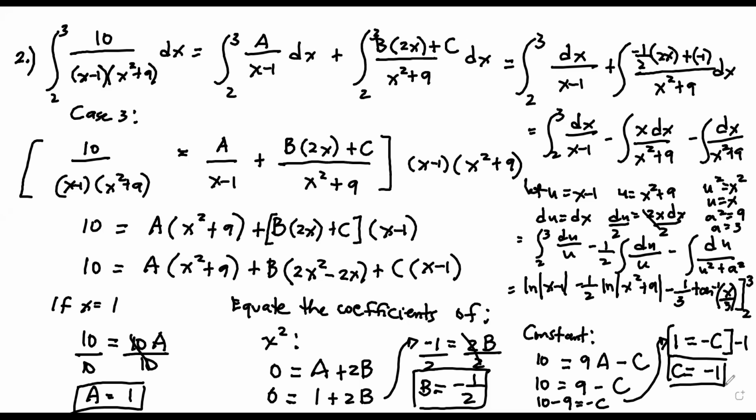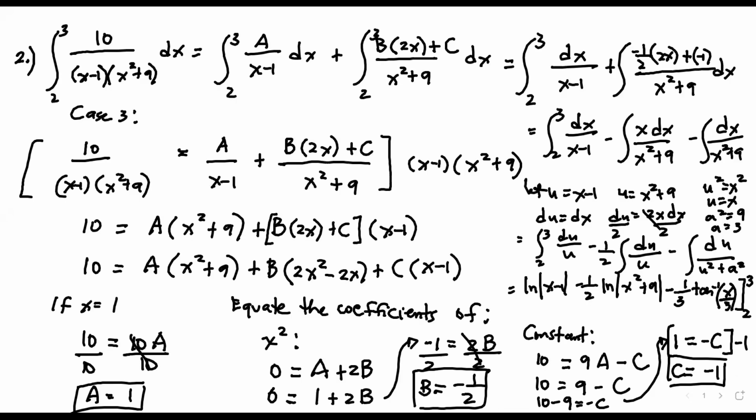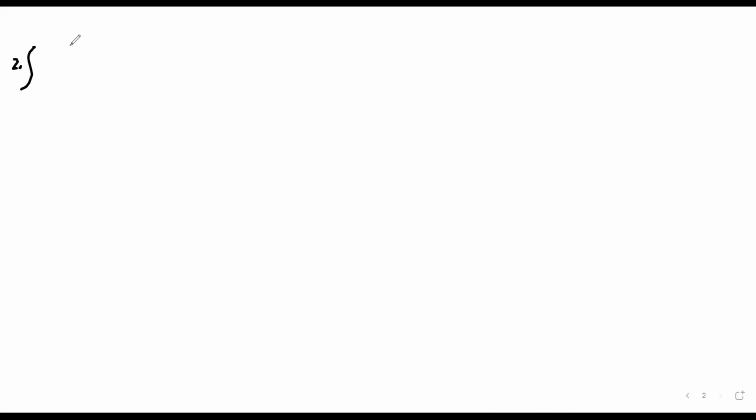So again, I'll write the answer on the side. Wait. I'll write the given: 10 over x minus 1 times x squared plus 9 dx from 2 to 3. So you will have, our answer is